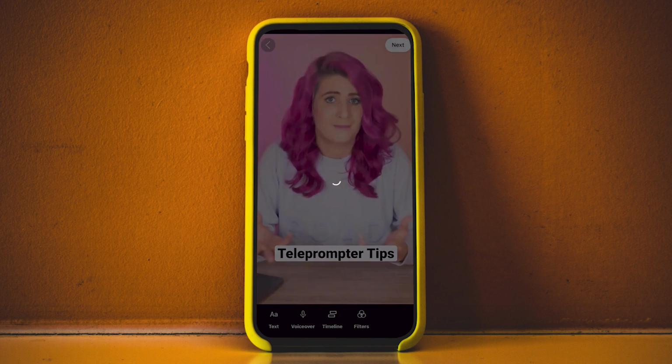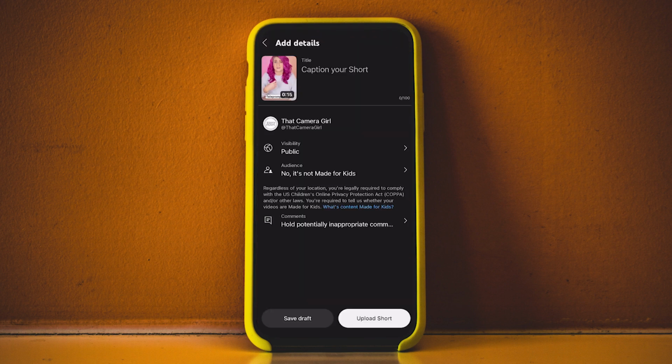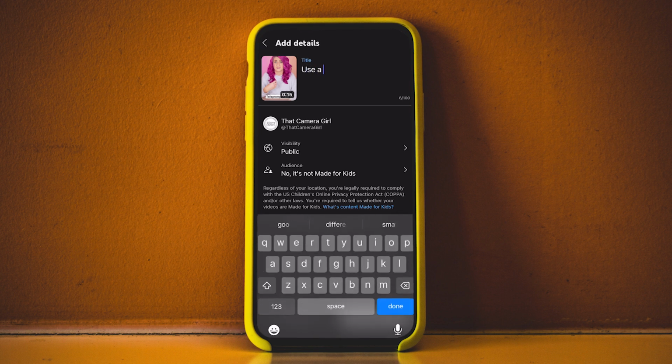When you hit Next, it'll bring you to this screen where you can add a title for your short up to 100 characters. Just like regular YouTube videos, shorts rank in the YouTube search engine, so make sure you use long tail keywords and build titles that provoke intrigue, maybe a little bit of FOMO, just like you would in